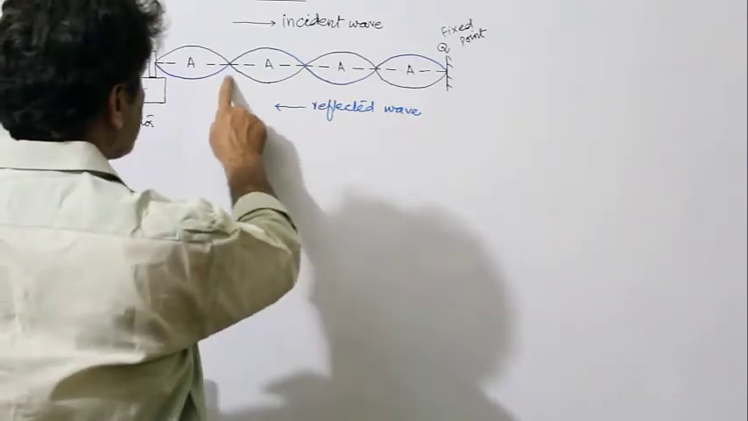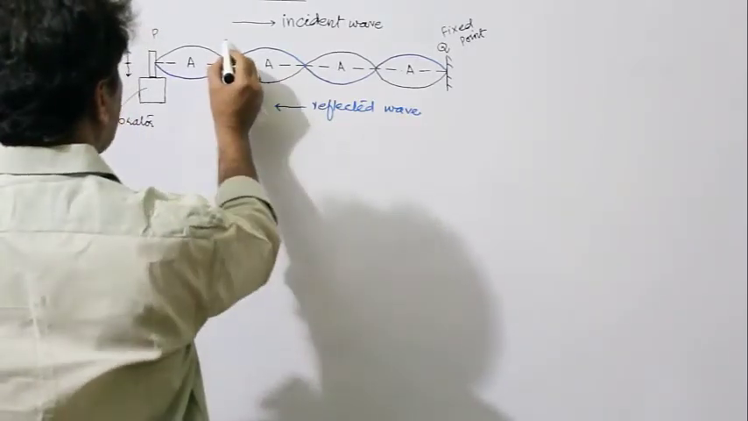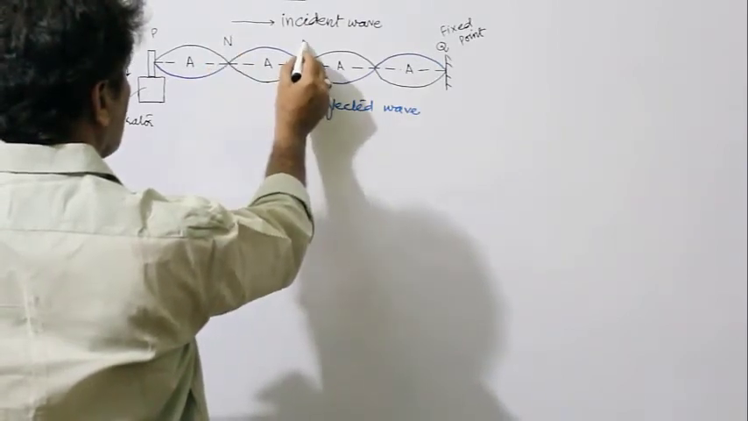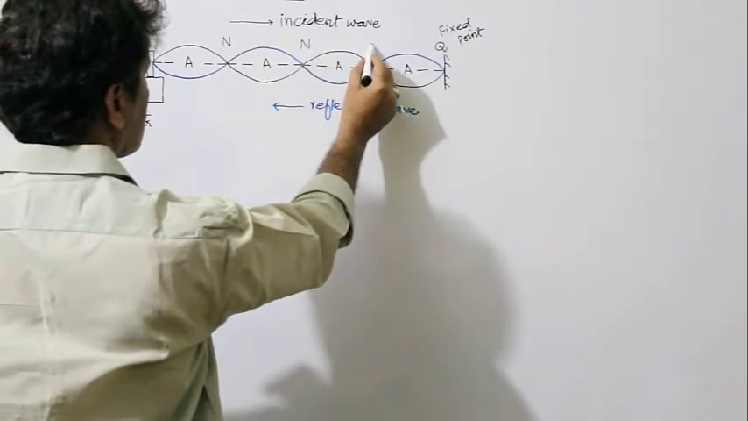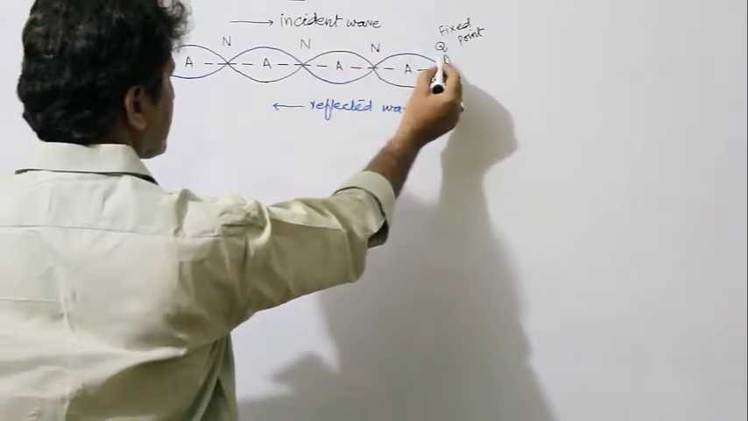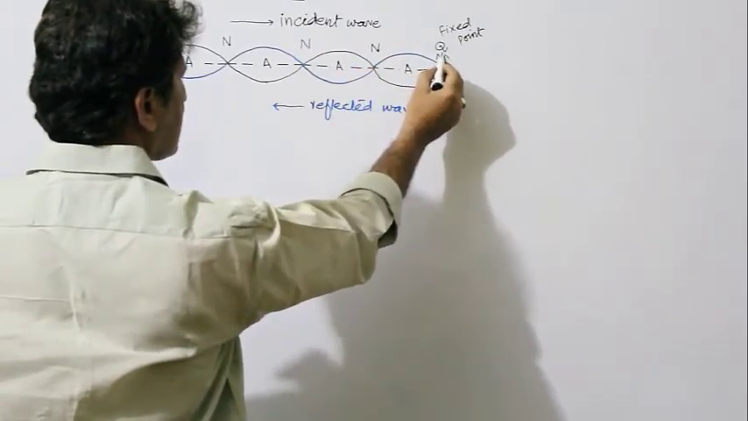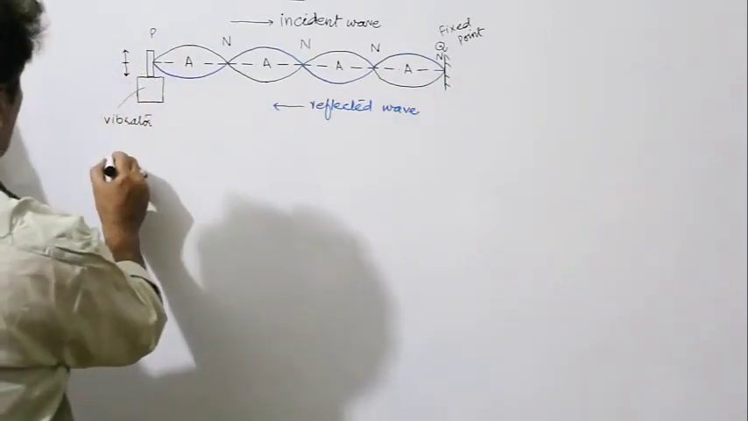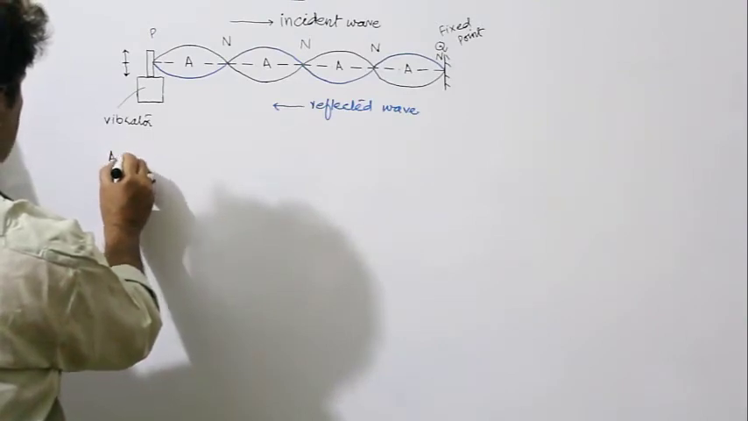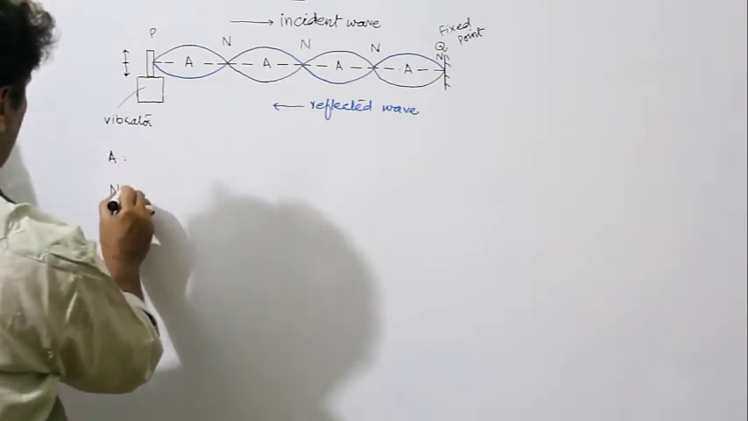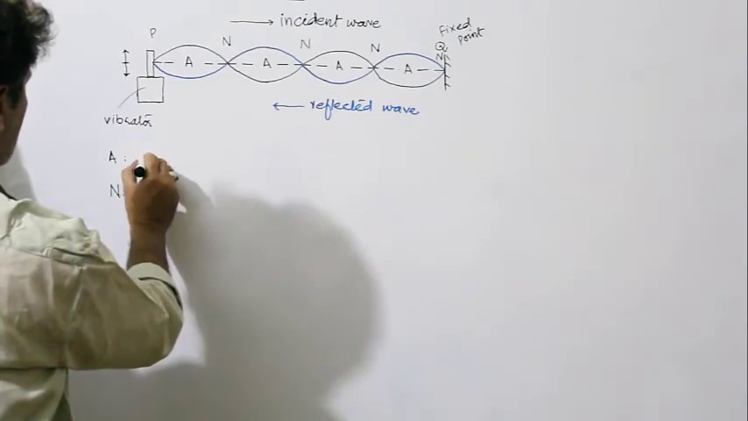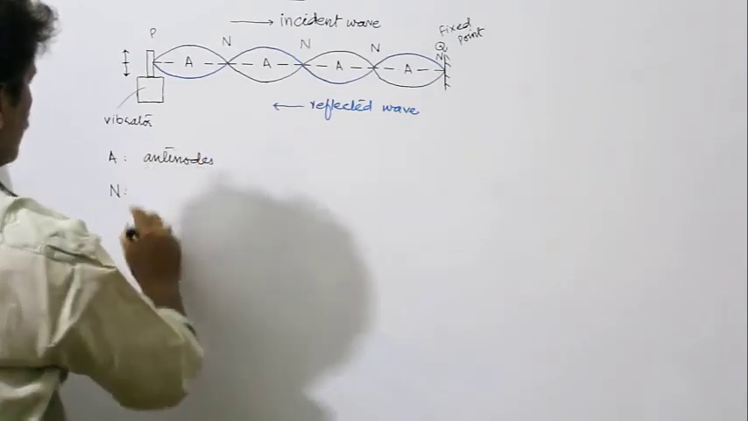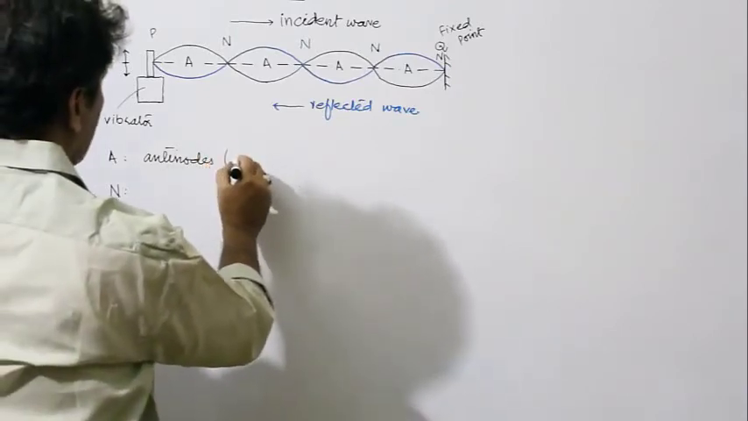And these are the points which are called nodes, and these are the points which can be produced as the result of destructive interference between the incident wave and the reflected wave. So it means we have two notations here, the one is A and the other one is N. A stands for antinodal positions or the antinodes, where the amplitude is maximum,